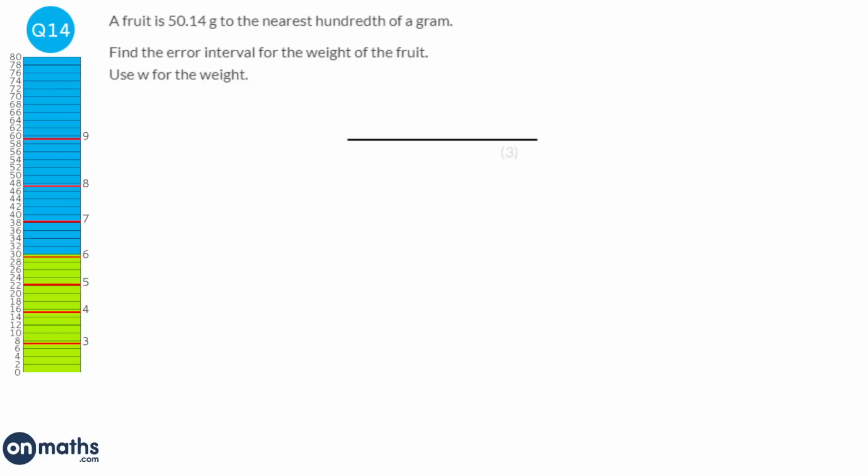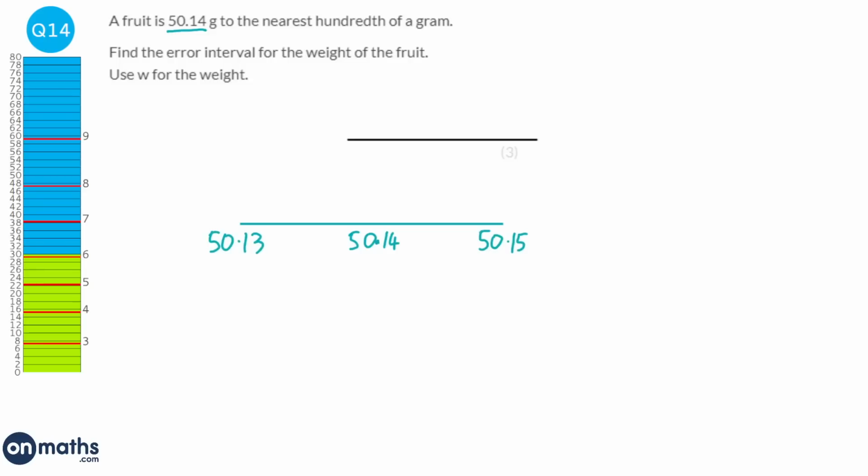To find the error interval, I start by just drawing a number line, and we're going to put the number in, so 50.14. And we're going to think to ourselves, well, what would the next number down and the next number up be? Well, it's the nearest hundredth of a gram, so the next number down would be 50.13, and the next number up would be